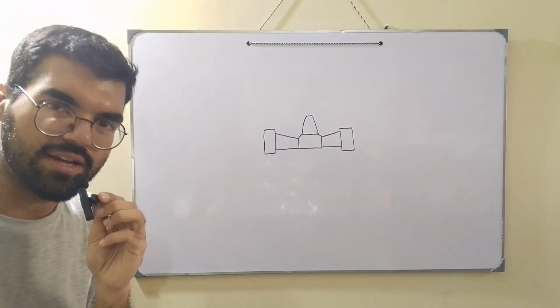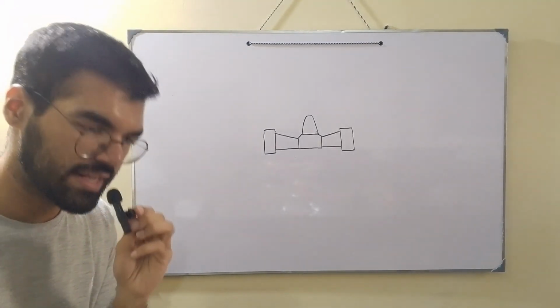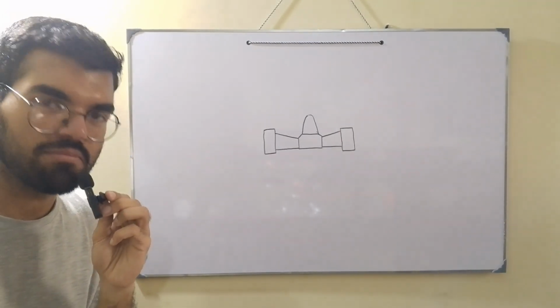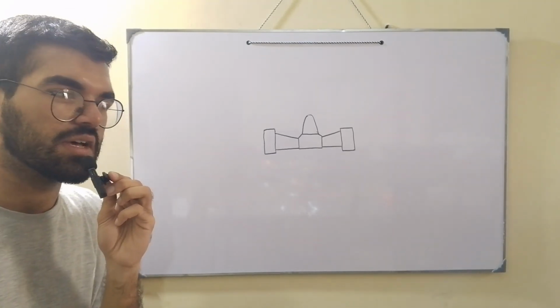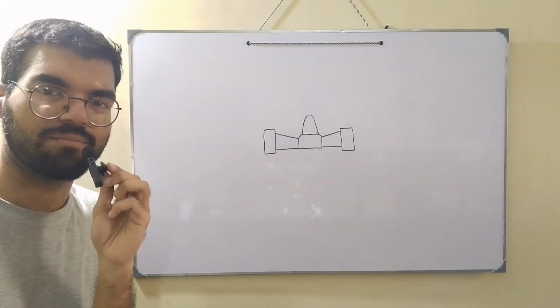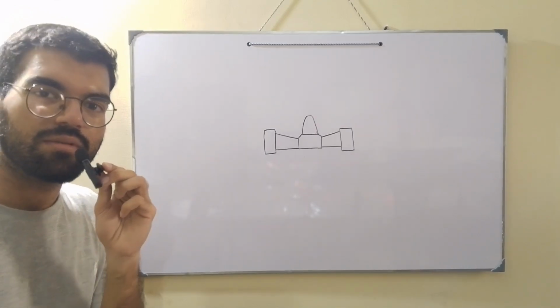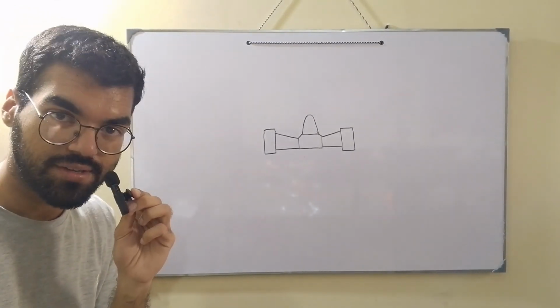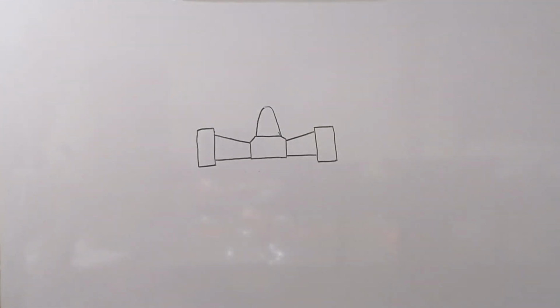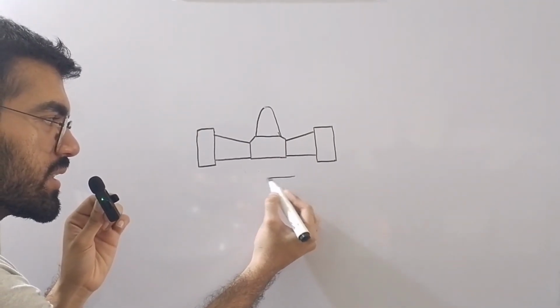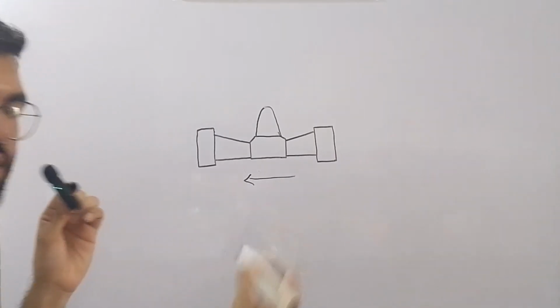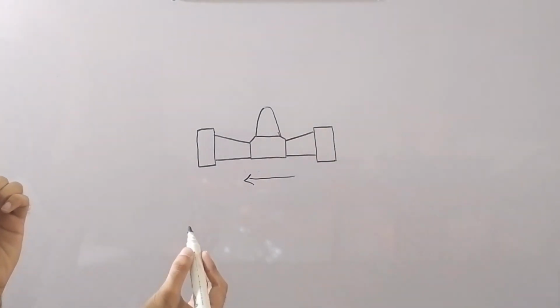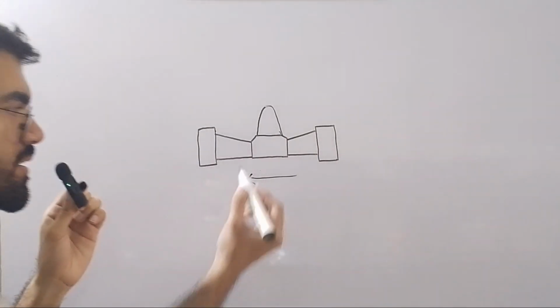I will briefly explain the whole concept of roll again so you can easily understand the roll center. Roll is the rotational movement of a car when it's viewed from the front. So if you look at this diagram, when the car is making a right turn, of course this is the front view of the car, so the right turn would be like this, in this direction. This is the direction of turn. The suspension mounting points, which are these,